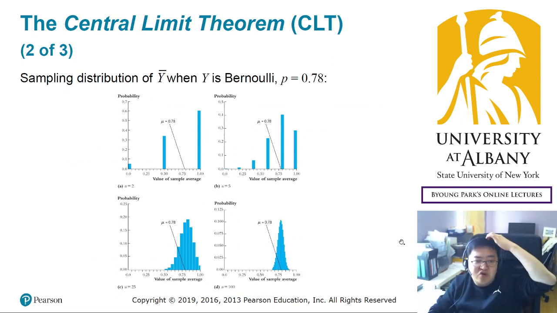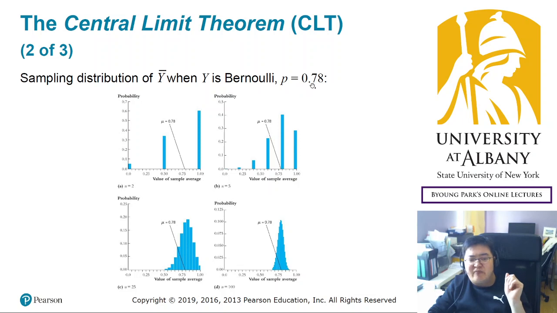Graphically, this is what you saw earlier. So think about this. It's like a coin toss. You are throwing a certain number of coins, but strangely, it's an unfair coin. The coins are unfair. Suppose that the probability of heads is 78%. Just intentionally, a strange number is chosen to show that even this strange case converges to a normal distribution. So suppose, think about a coin which has 78% probability of heads and the other 22% tails.